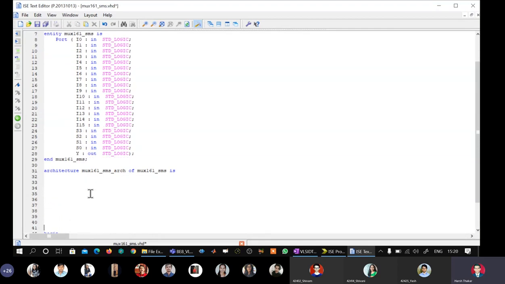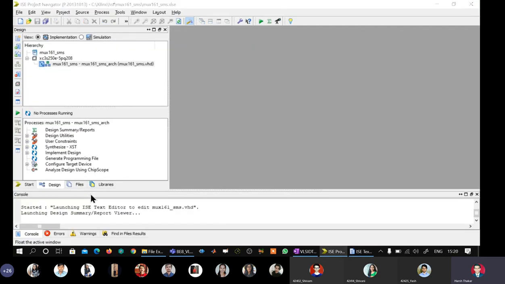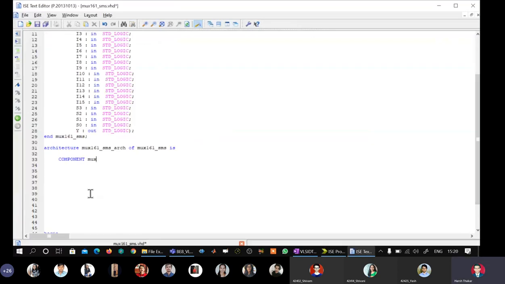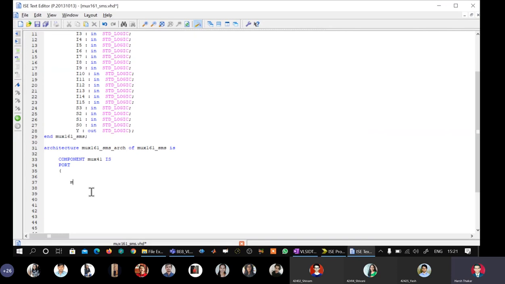Now what I have to do is create components here. Mux41. So Mux41 is port, parenthesis, and M4_0. So M4_0 colon in std_logic semicolon. Copy this 3 more times.